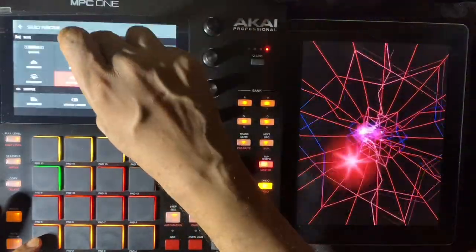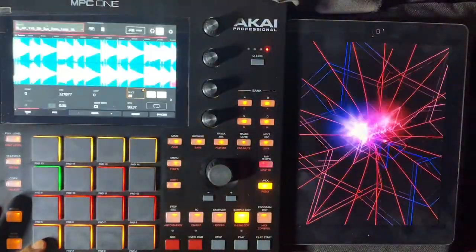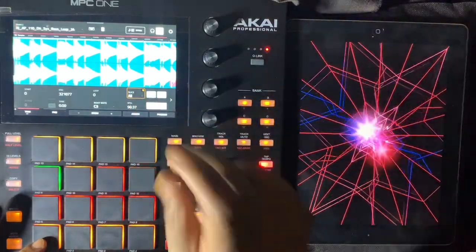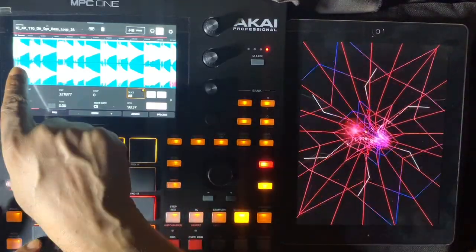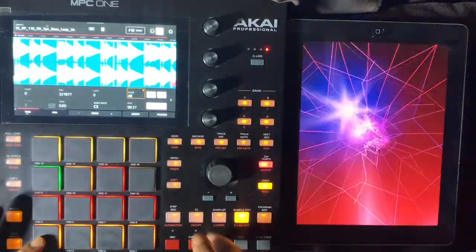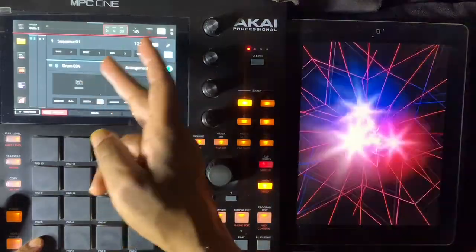Process. Discard the stuff that's not part of it. Okay, so I should have a clean loop now. Have it on loop. It's IQ101 bass. Okay, so now how do I